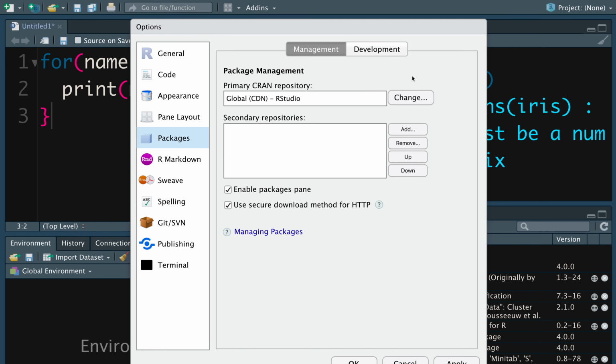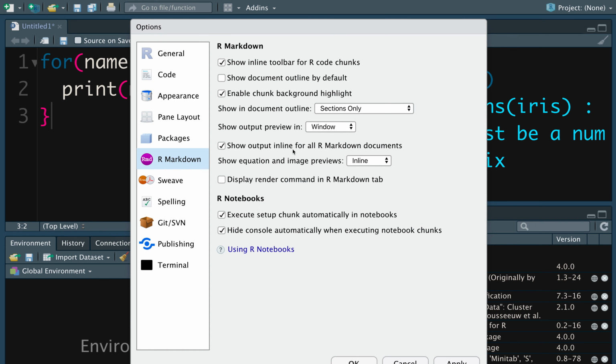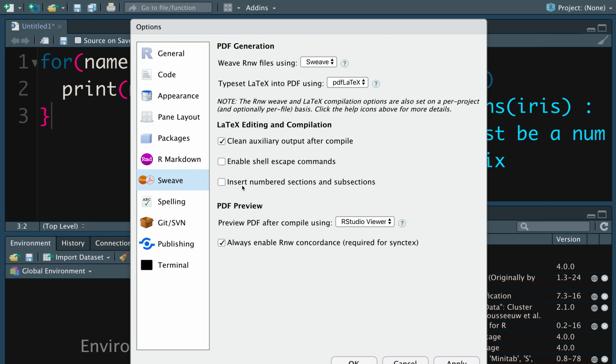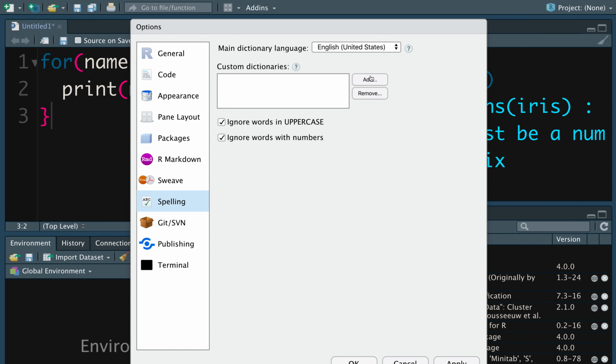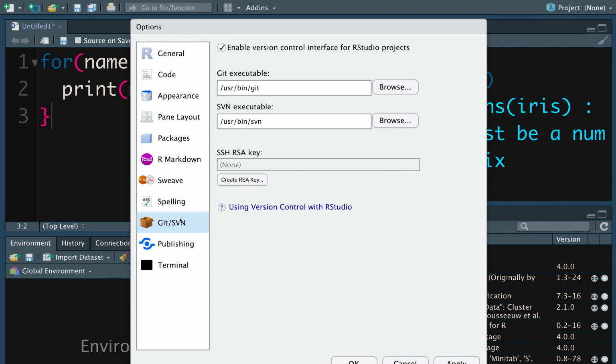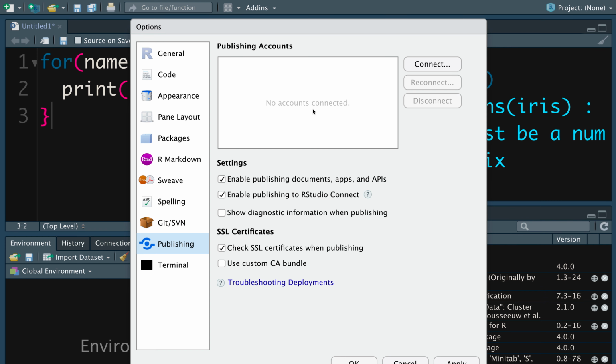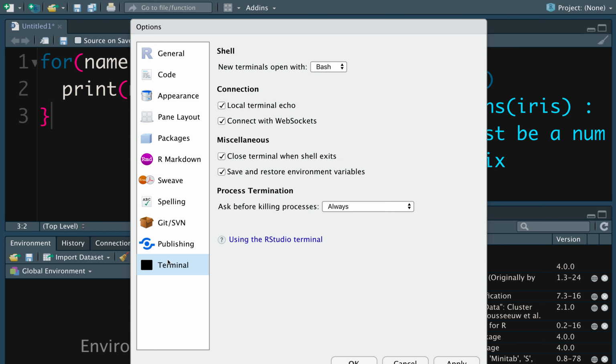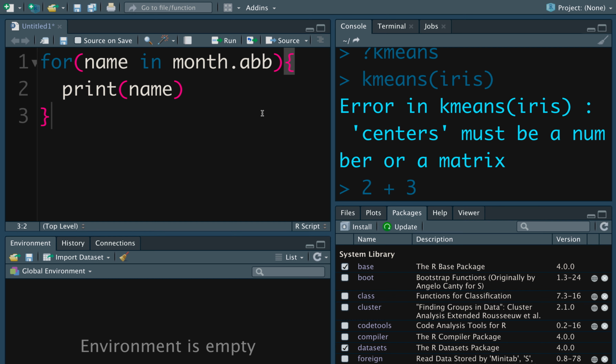Packages: where do you want the packages to come from? You could have some organization requirement that you want to use this particular CRAN repository, so you can select that. And if you have R Markdown, basic information around R Markdown, and if you have LaTeX installed, which version you are using, you want spell check, you want to upload a custom dictionary. Git: where have you connected your Git. And if you want to publish, let's say you have RStudio Connect in your organization, you can add all those accounts here, RPubs account, a ShinyApps account. And then finally your terminal, what terminal you want, which shell you want. So all that information you can actually see. So this is one of the most important sections.